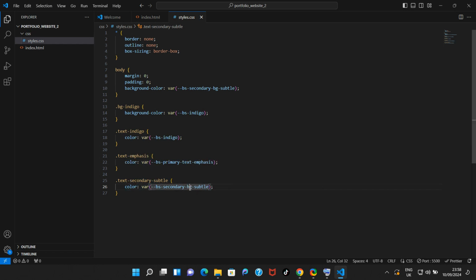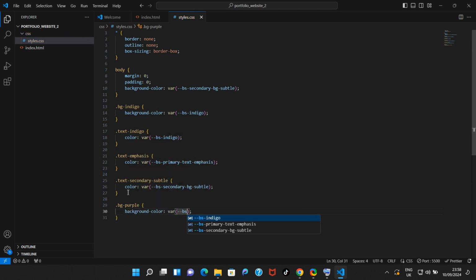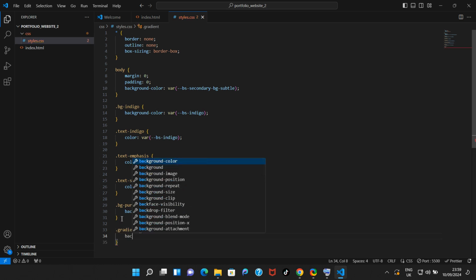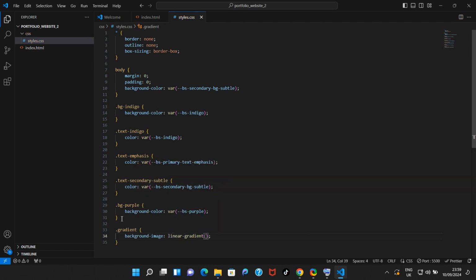Sorry, dot BG purple. So background color var BS purple. And lastly, the gradients. So dot gradient, background image, linear gradient,